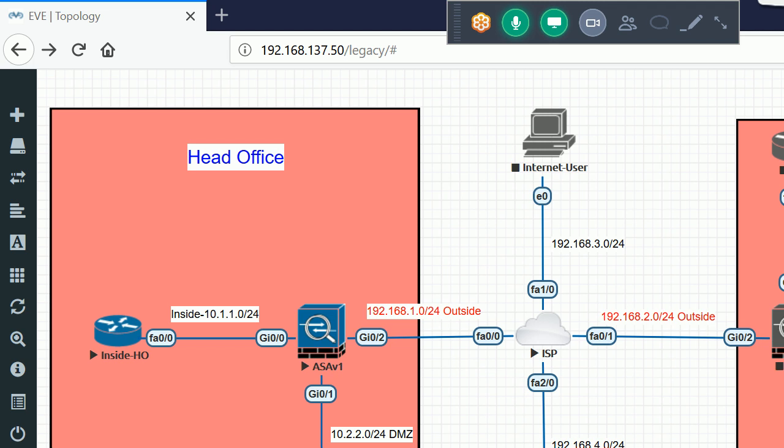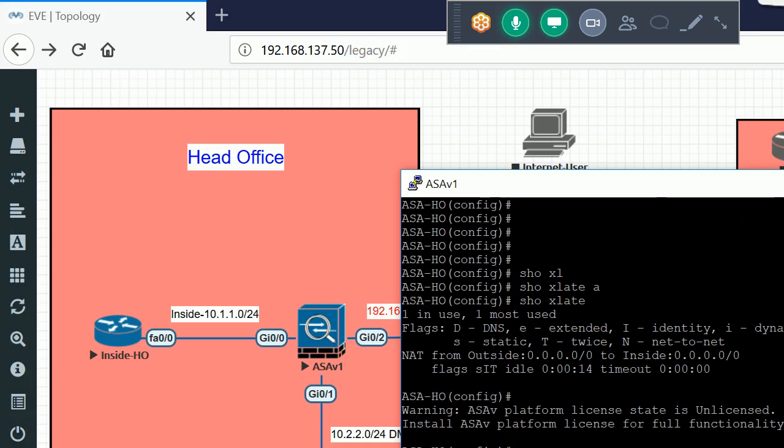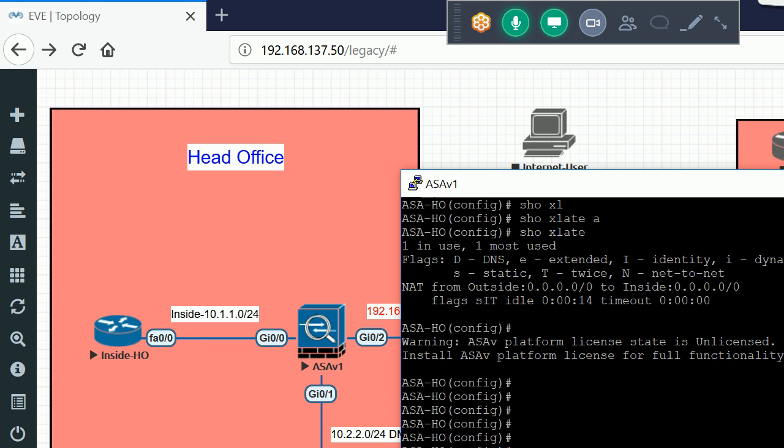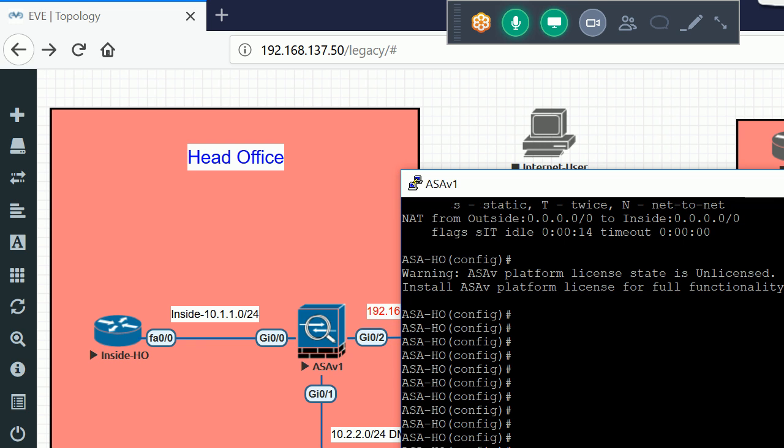Now also let me configure the same manual static NAT for providing the access to our DMZ servers. So let me create the object for this.